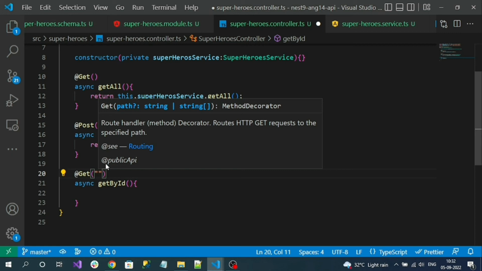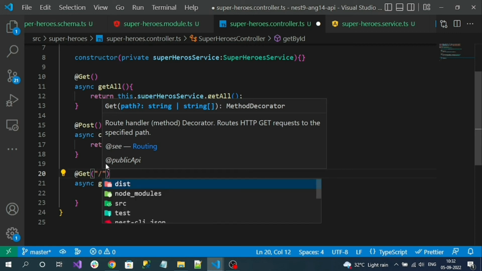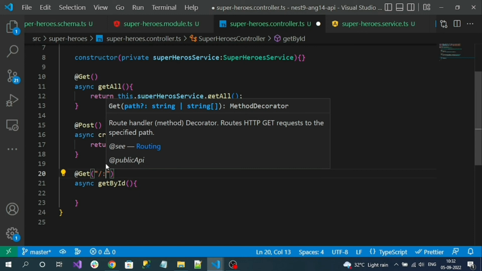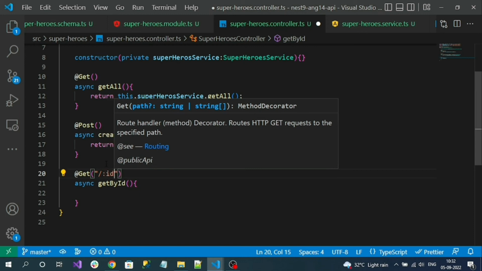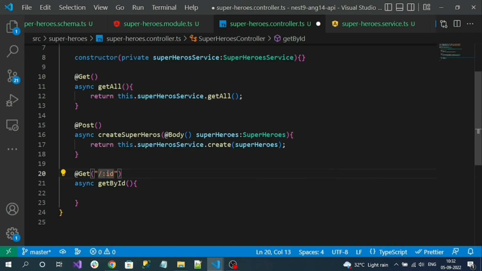So here I want to add a dynamic expression. To add a dynamic expression, we have to use a colon and the name of the variable. Okay, id. That means id will be part of the URL. And the colon in front of the id represents it is a dynamic value. This can be any value. So to read this value in our action method,